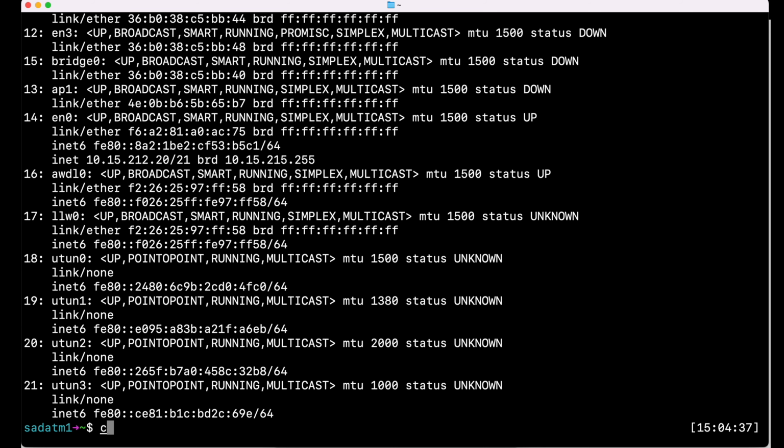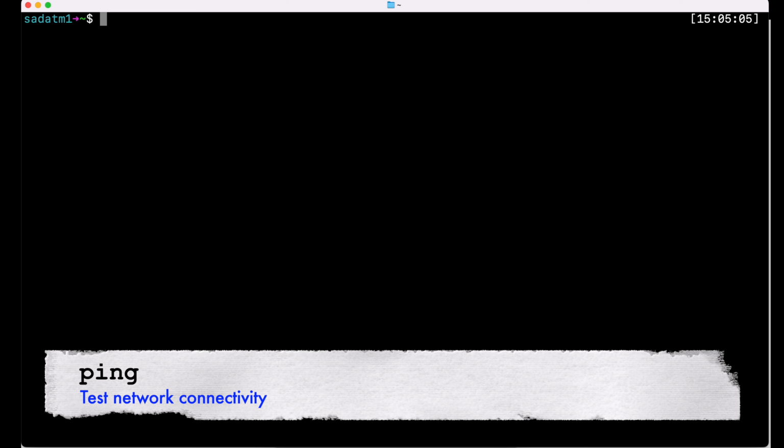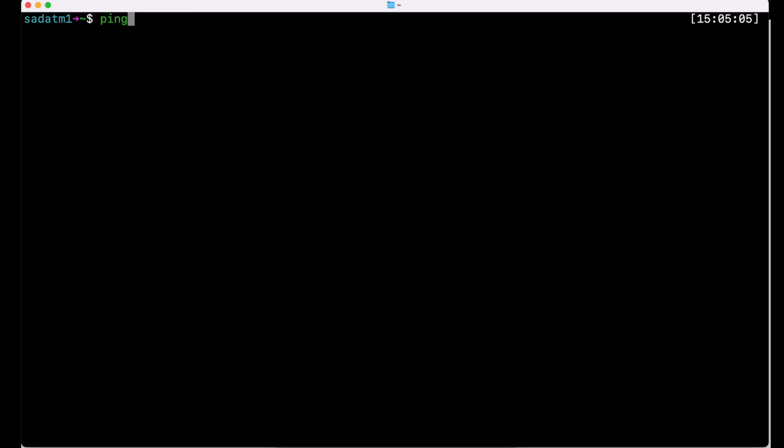I'm going to clear the screen using clear. Next, we'll take a look at the ping command. This is probably one of the most commonly used commands to test basic network connectivity between two computers. So if you want to know whether you can reach another computer, it could be your phone, server, a website, you use ping. So for example, if I try ping